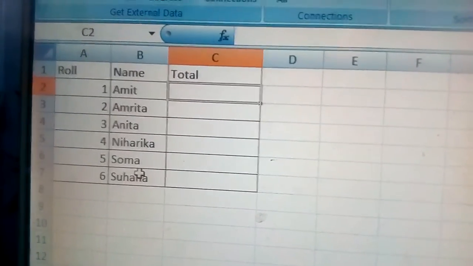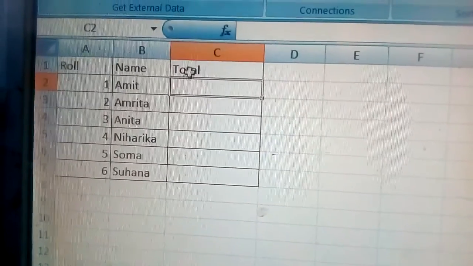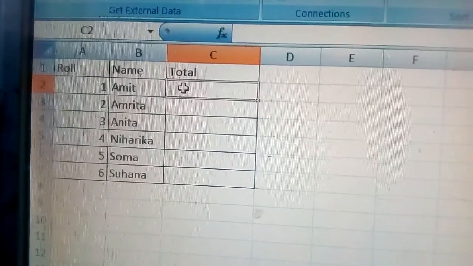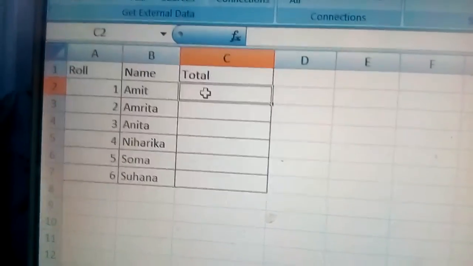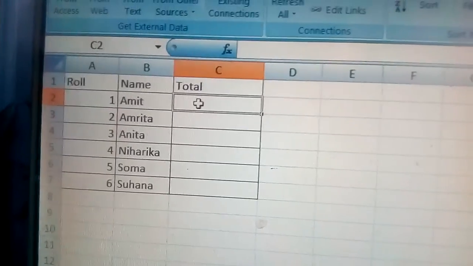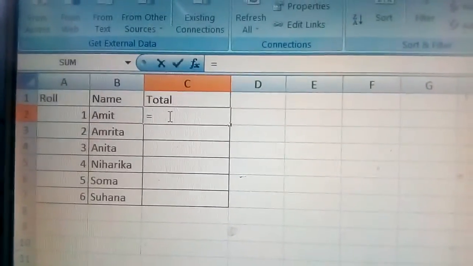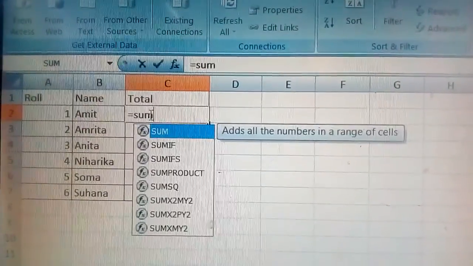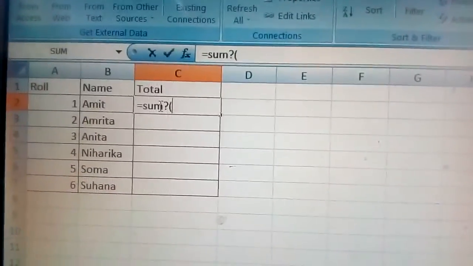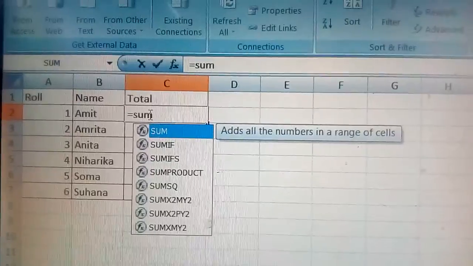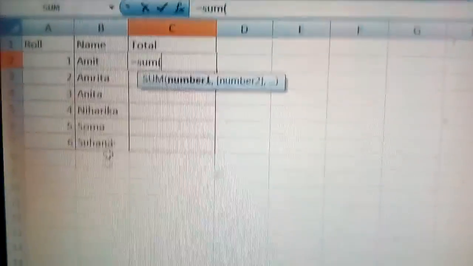Now total, how will you do? Just see carefully. So click here, and then you have to write equal to sign, then sum, give the bracket, and go to the month of January.